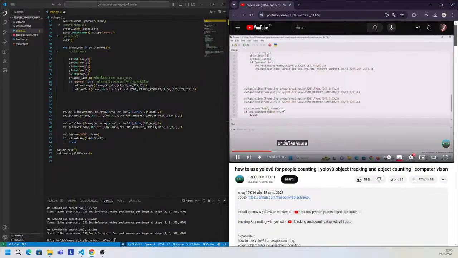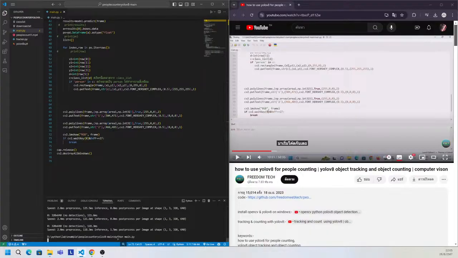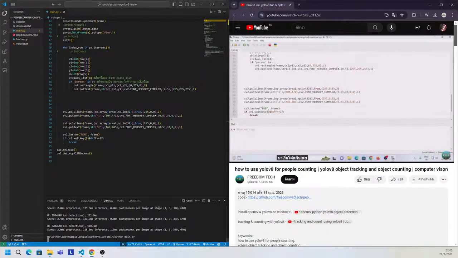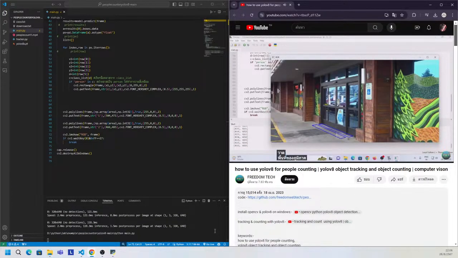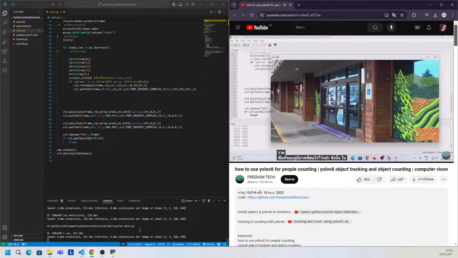Let's just start the code. Okay, so here it is. As you can see, I have already drawn the region of interest area. So in this particular scenario, if